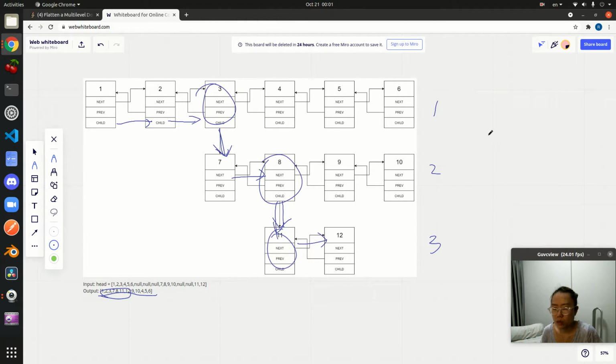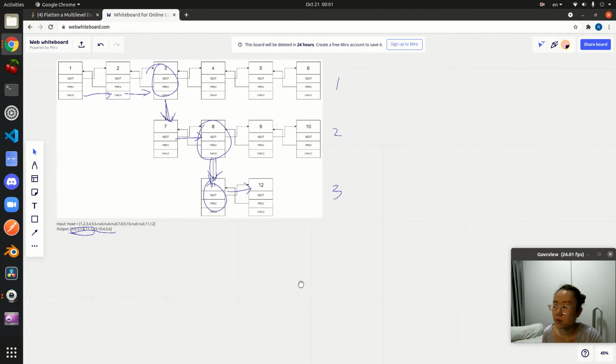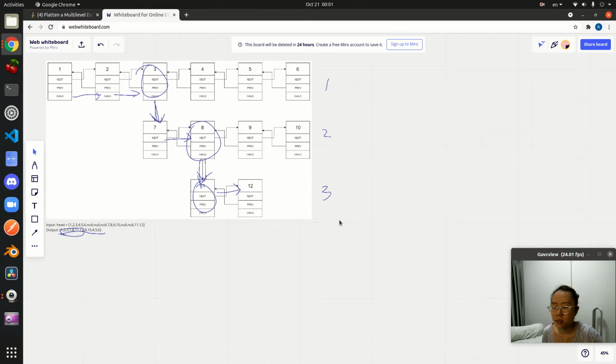So what we need to do is basically, let me zoom out a little and move to the right. Yeah, okay, there we go. Basically have a stack, and what we can do is we keep popping elements that we've already visited and then pushing onto the stack the next node first, followed by the child node,